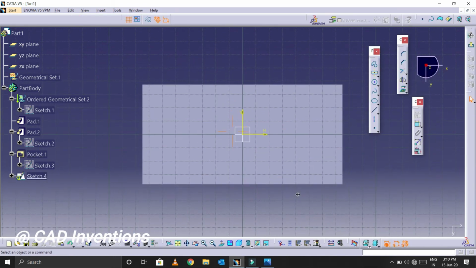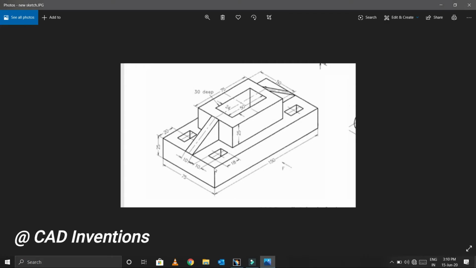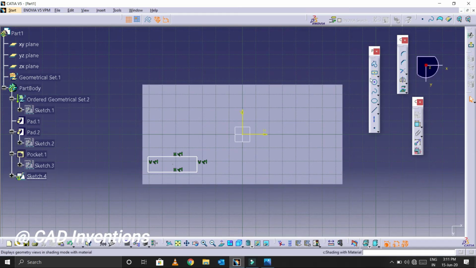Now I need to draw 4 rectangles, right? So first I am drawing only one rectangle, and let's see what will happen for the remaining 3 rectangles. And let me mark the dimensions. The center point of the rectangle is 20 mm from the edge.